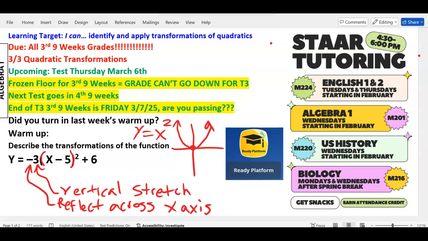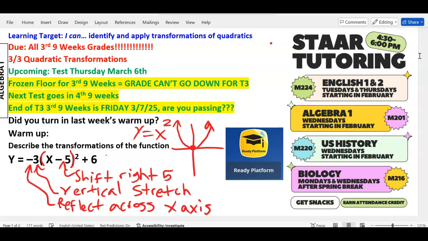So -5 really means +5, and insiders are x, left and right. So if it's really a plus, is that left or right? Which way is positive numbers? Right. So even though it looks like a minus, it looks like it should be left, insiders lie, so it's going to go right 5. So I'm going to say shift right